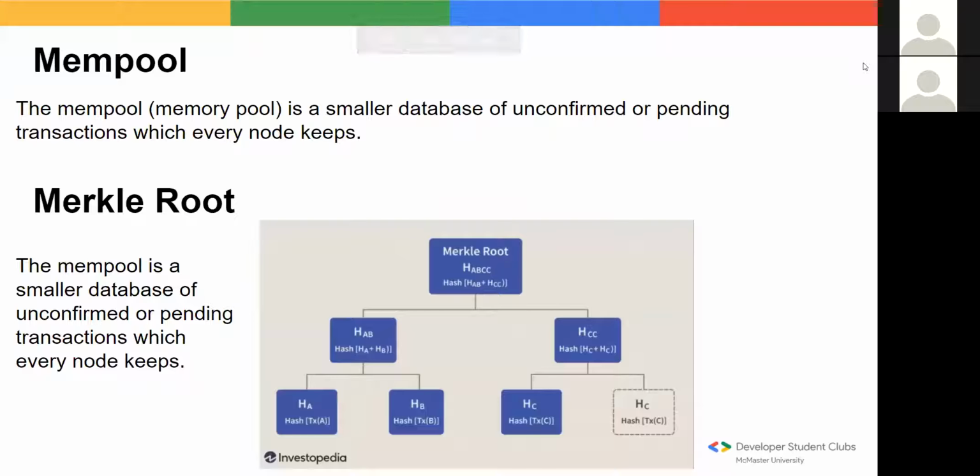Now let's get to another important section of a blockchain network. Another important aspect is the mempool. I would suggest that you look at the mempool as, I'm pretty sure you guys use credit cards these days. So basically, you know when you pay for something or use your Visa card, and there's this